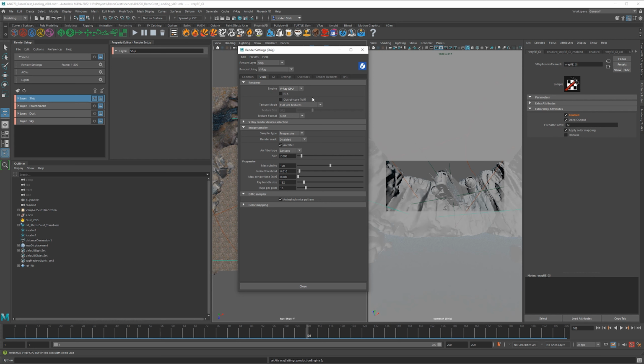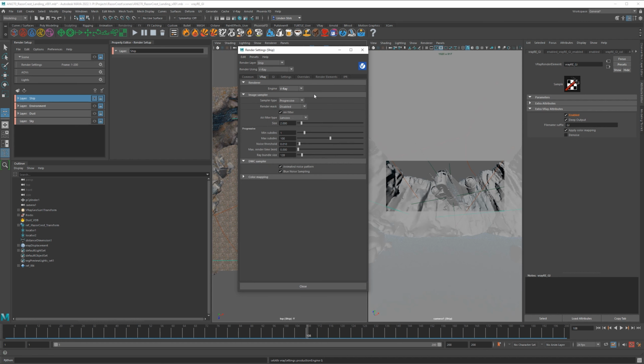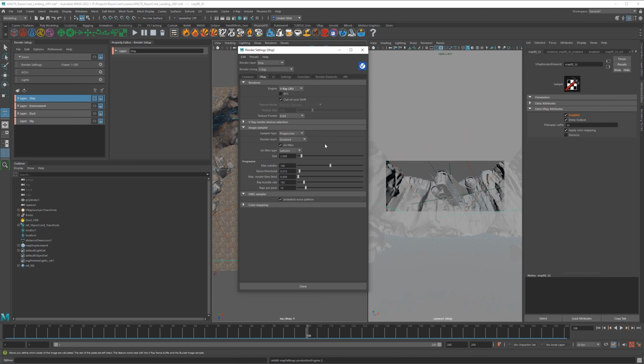Out of core means if your GPU runs out of memory, it doesn't just crash the whole scene and stop rendering. It's supposed to be able to put some of that memory that was on your GPU and store it on your system RAM, and then when it needs it again, it will grab it. It's a very, very slow and inefficient process, but it prevents your render from failing, so usually you want to have that on if you're in GPU mode. If you're not, you can't do this at all, so there's no option. The rest of the settings here are going to be the same, whether you're on GPU or CPU mode, it doesn't matter.